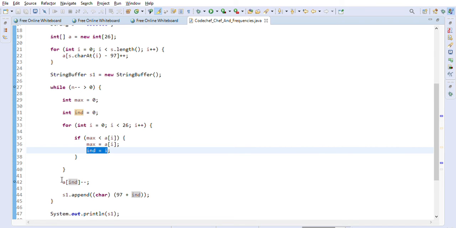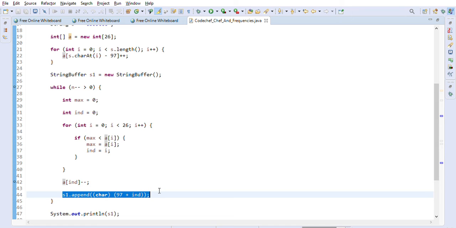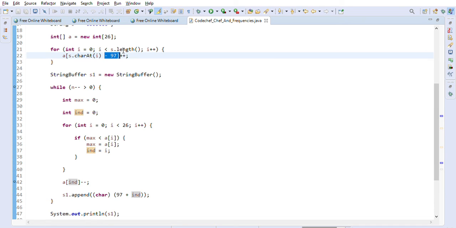And then once we are using that, we will just reduce the frequency by 1. So that's what we are doing here, and we are appending that character here. When we want to convert the index into the appropriate character, we have to add 97 back, right? We subtracted 97 when we wanted to convert the character to integer.